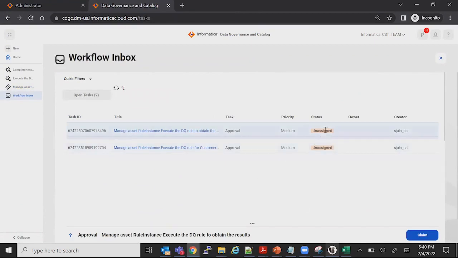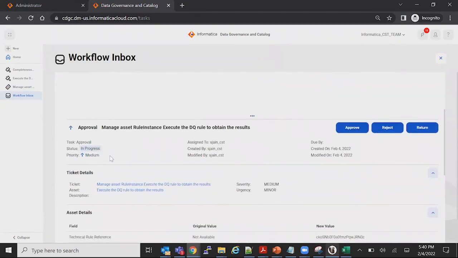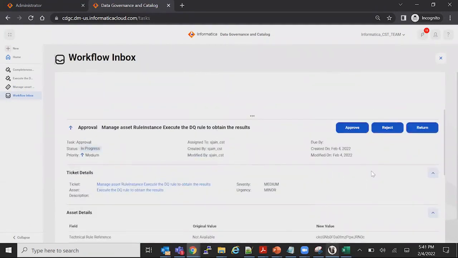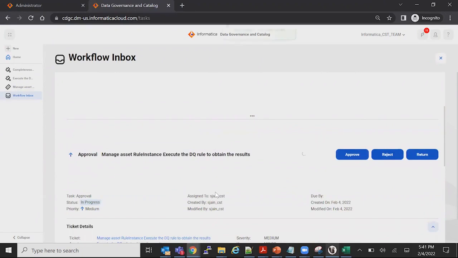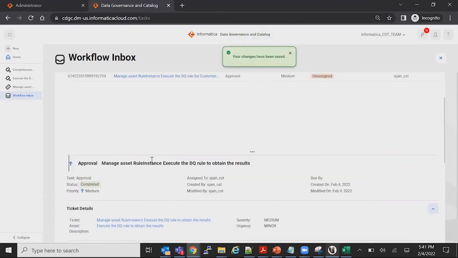Fine. There is another one which is already created. Let's claim the one which we recently did. Now it is in an assigned state, and let's start it. When you start it, it shows in progress, and there is an option to approve, reject, and return. For demo purposes, I'll just say completed. Status is completed. Then